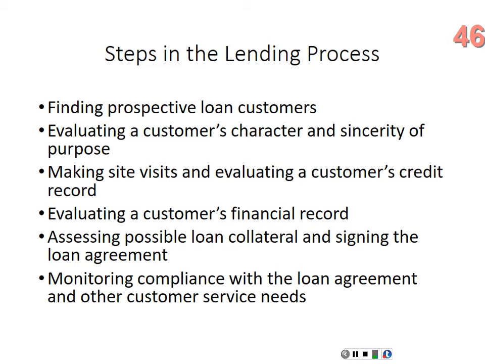So this could be as simple as making sure that your customer has insurance on their car. Sounds pretty simple. But if your customer lets insurance lapse on their car and they total it, and that car is collateral for your loan, as a lender, you get nothing. I mean, sure, you can take them to court, but most of the time, if they can't pay for their car, you're not going to get any money out of them. So things like that seem pretty simple, but if you let some of these slip up, they can be really, really important.